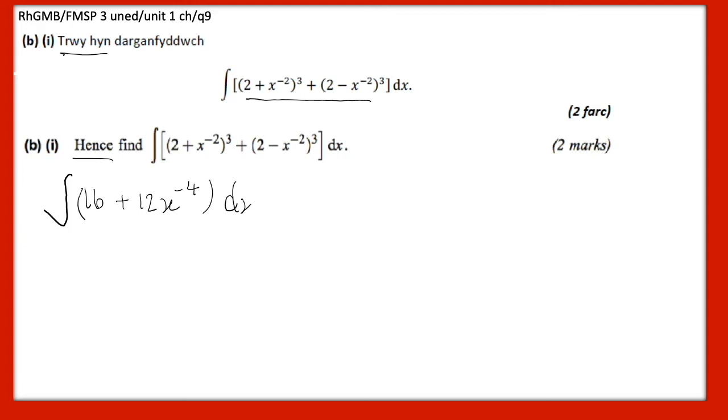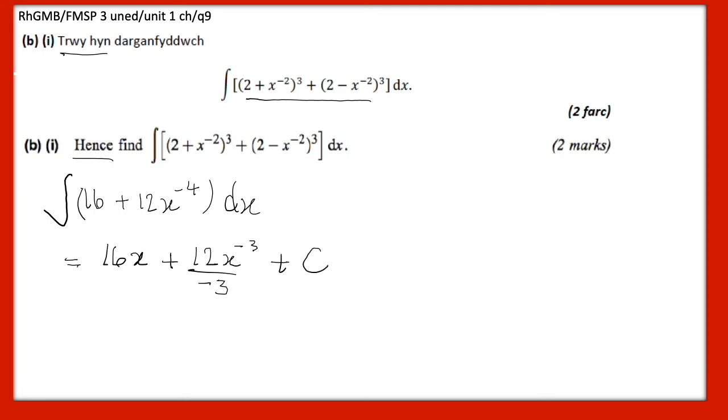Technically it should be all bracketed with respect to x, and we know that you can integrate one term at a time, and the way to integrate is to increase the power and divide by the new power. So what we'll get is 16x, because of course that's 16x to the 0. You increase x to the 0 by 1, you get x to the 1, you divide by 1, you get 1. I'm not going to put division by 1, plus 12x to the minus 3 divided by minus 3, and I would be explicit to show that,